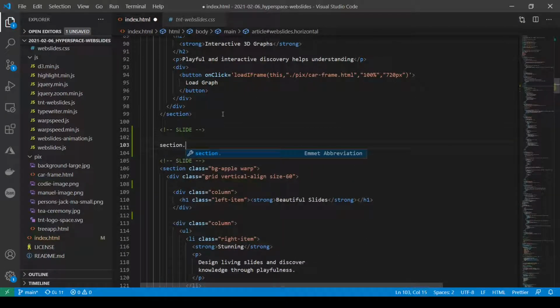So in the beginning, of course, we make a section. We give it the BG Apple theme from Webslides. It kind of makes things dark, a dark theme, you can say. And the warp class is something I have to fix a few things with the BG Apple. And then of course we need a div